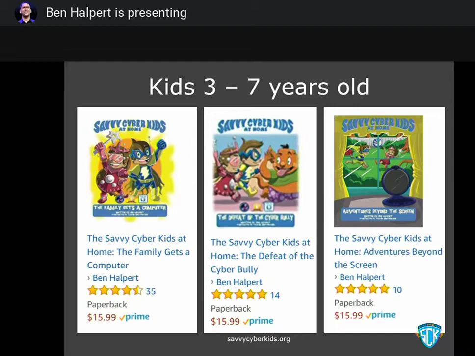Basically, the kids develop these superhero identities, and those are the identities they go online with. Everyone loves superheroes. The kids create their own superhero identities, and we have activities that you can do with your kids that are free to download from our website that also go along with these books. The first book in the series teaches kids about what technology is, about strangers, and about privacy. In the second book, the kids are playing an online game and they encounter a cyberbully. The book takes them through how to respond to a cyberbully and also how to respond to a bully at school or on the playground or somewhere else.